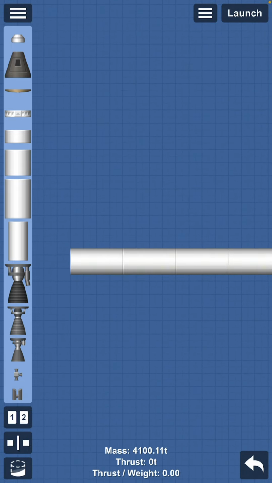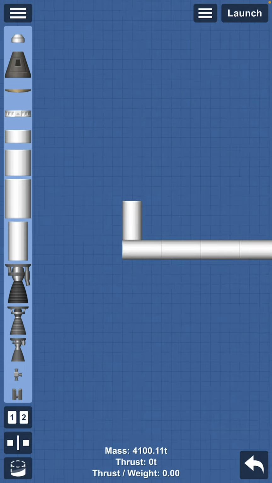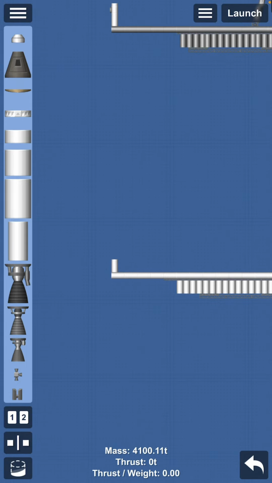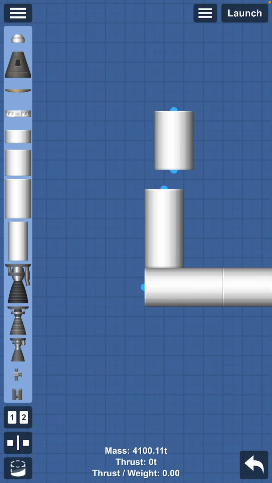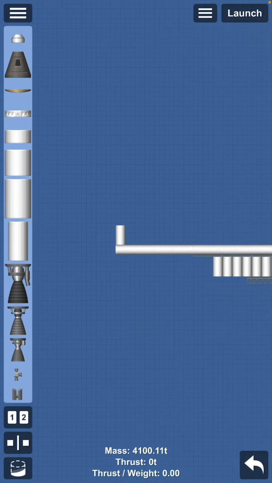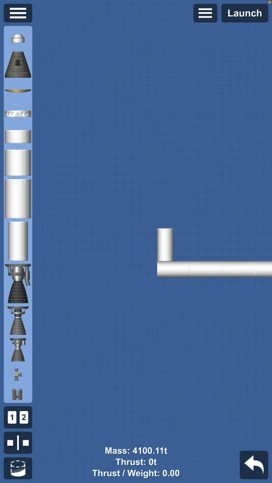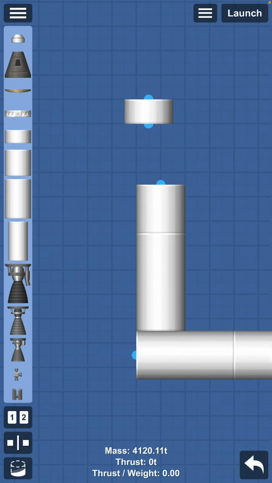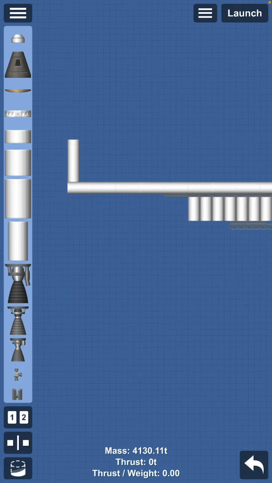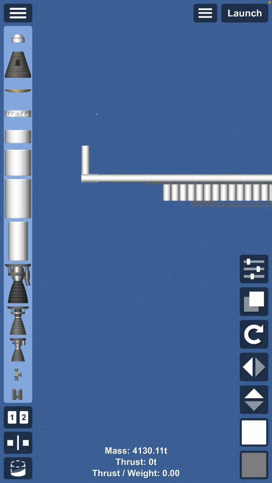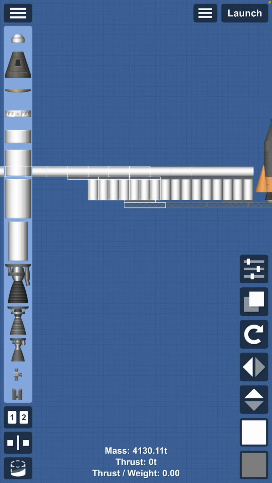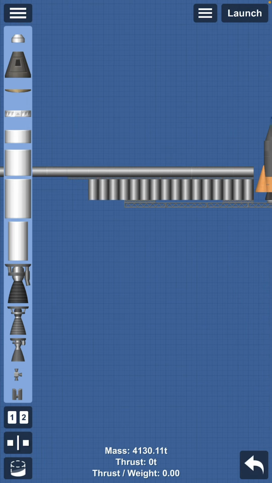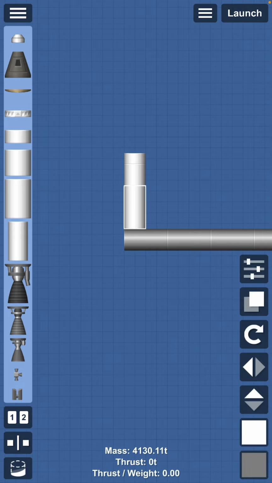And so now we remove that part because I think that's a bit too long. And then we go up vertically with one of the long 4 wide fuel tanks, a smaller one, and the flat 4 wide fuel tanks. This is used to kind of catch the arms as they swing down. Now we just select all of these so that we can color it as silver, and these guys can